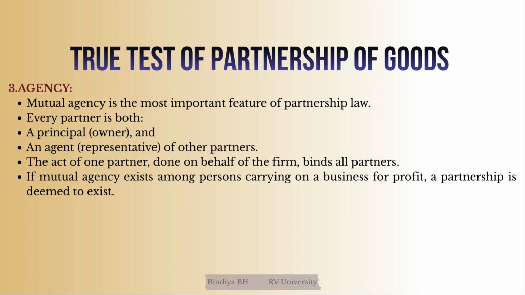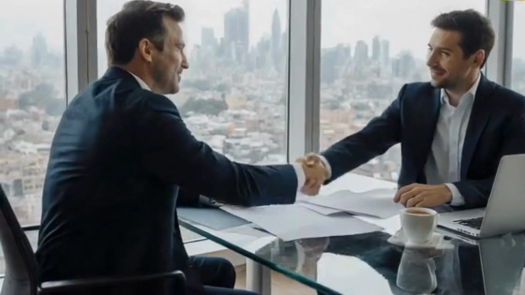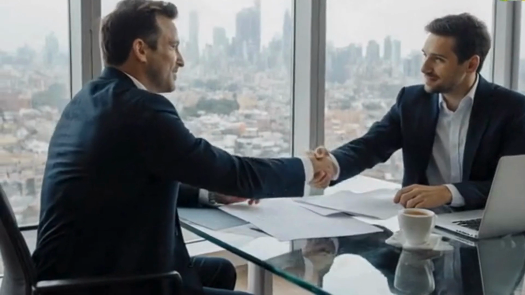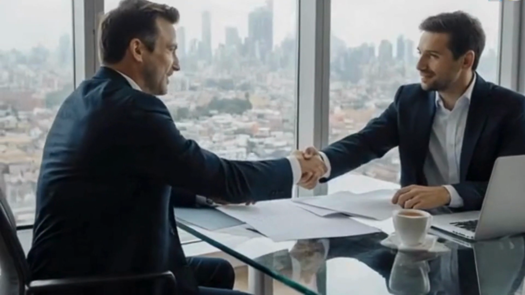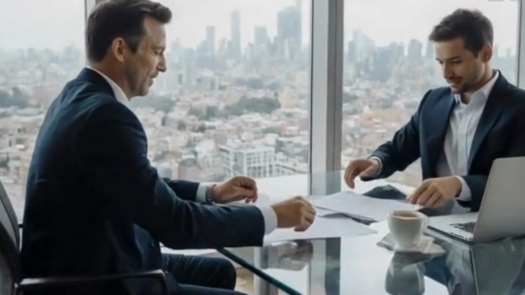Okay? Now, let's connect everything that we discussed. What if two people share profits but they cannot bind each other legally? Will there be a partnership? No, here the partnership does not exist. For example, two investors agree to share profits from a movie. Neither can act on behalf of the other. They have no authority to bind each other. Now they are only sharing profits, but they are not partners.